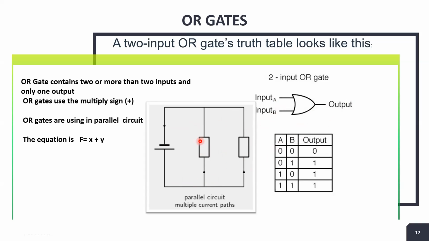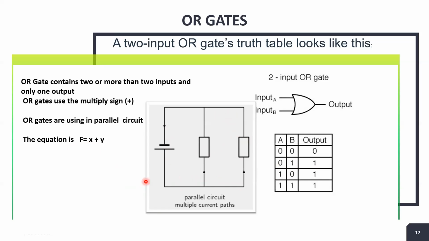Second one: when input A is off, meaning 0, but input B is on, the value is 1. Clear? It means that if the circuit is open, then no current flows in the circuit. The current moves forward over this path, and this one is closed, and now the current flows. It means 0, 1, 1. Clear? 0 plus 1 is obviously 1.